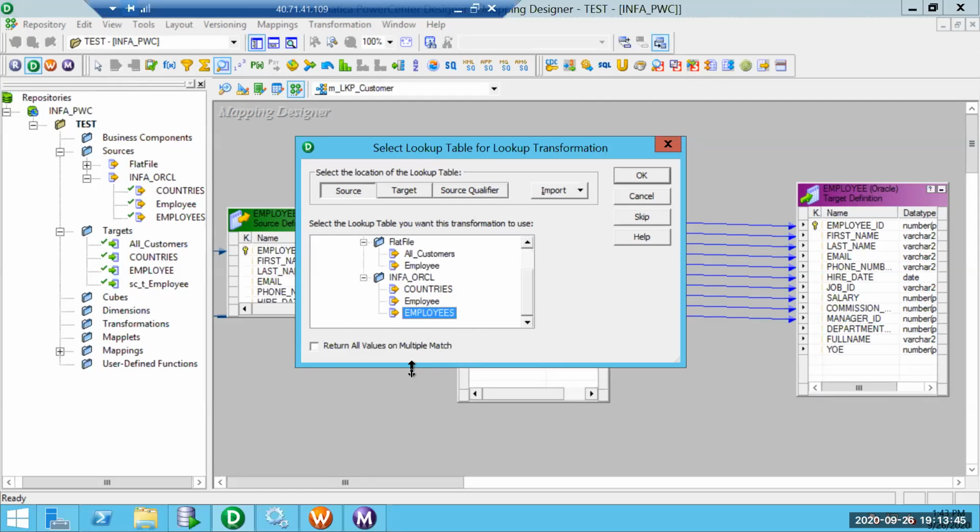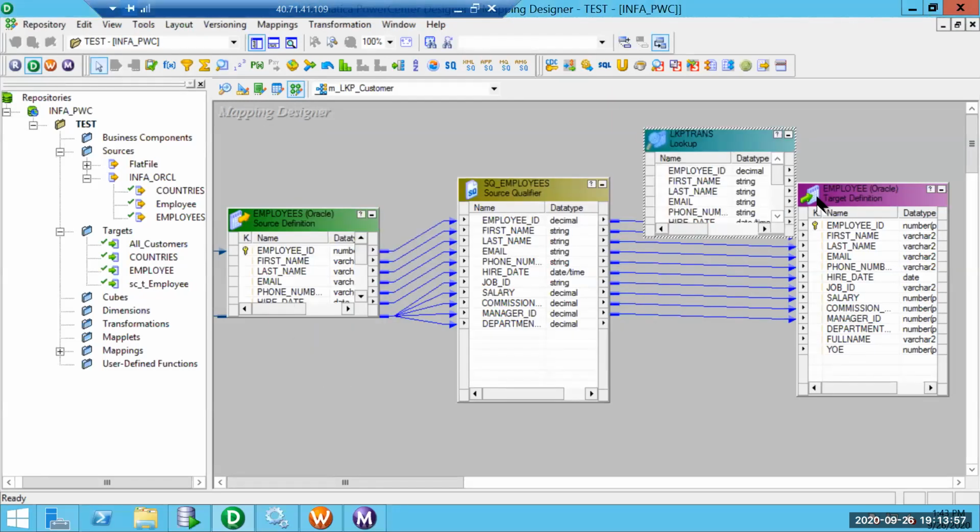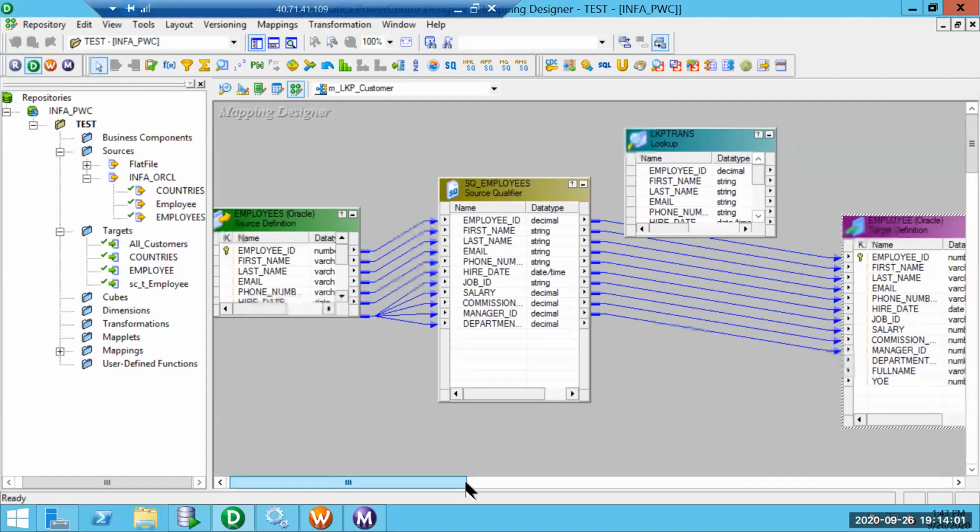This is something we will learn more about later: lookup as an active transformation is the property that differs a lookup between static and dynamic, or active and passive. For now, we will only see passive lookup.